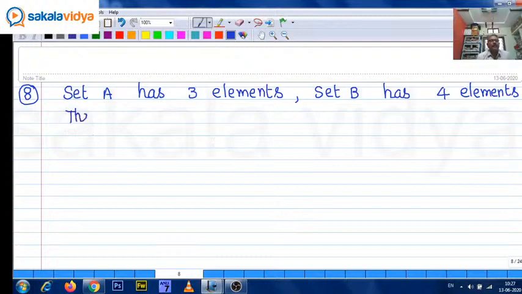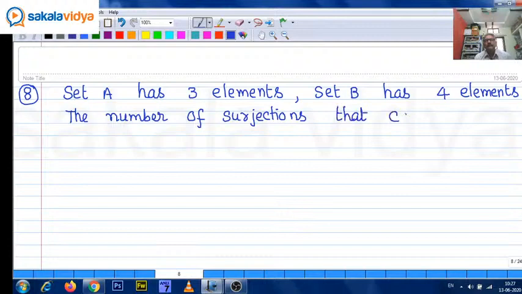The number of surjections that can be defined from A to B is,